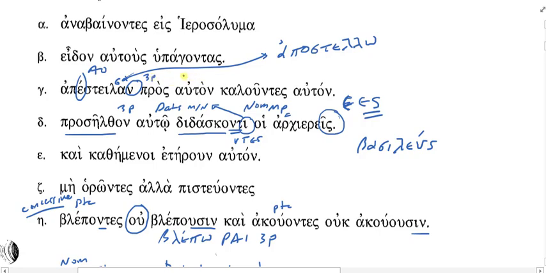What would the first singular be? It'd be apestela. If you remember, luos aorist, first aorist is elusa, elusas, eluse. The first singular has no ending. Third plural has that nu, elusan. Okay? So you can tell the difference here between first singular and third plural. So they did what? Apostelloed means they sent. Pros auton,